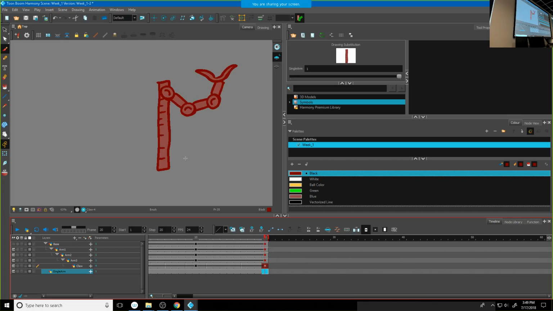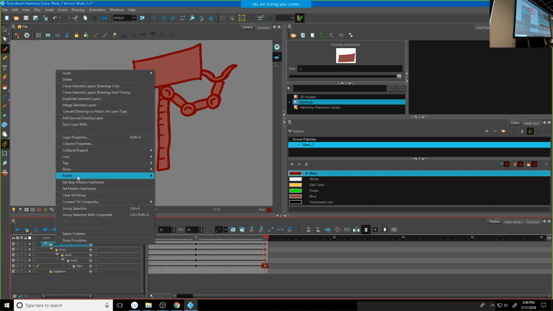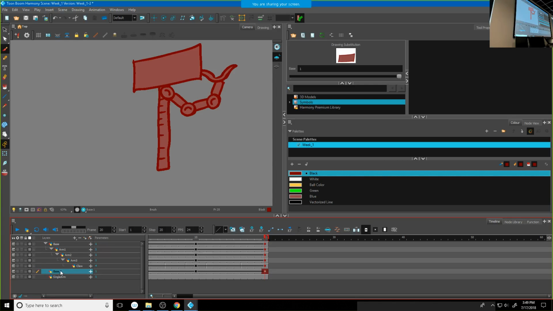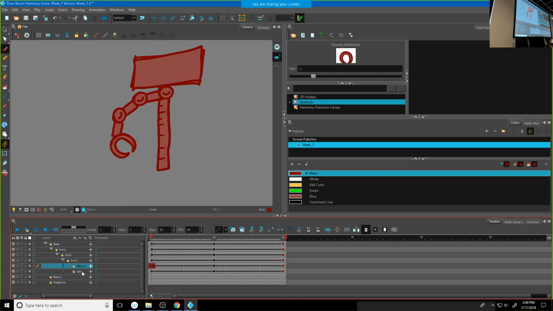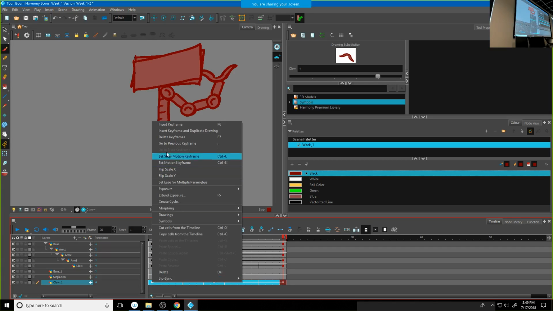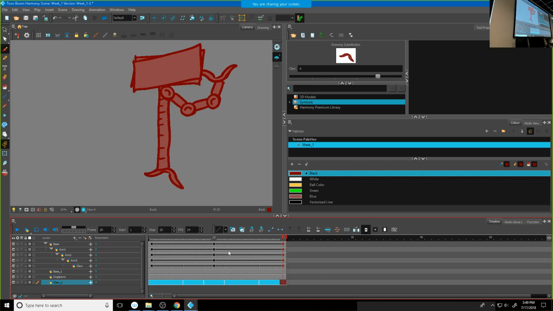There we go. So with this single arm, I'm going to turn on all this other stuff. What I'm going to do is I'm actually just going to duplicate this whole thing. Duplicate selected layers. So I got base. It's a new base layer. I'll go ahead and delete my keyframes out of that because I don't really need that anymore. And I still need this claw, so I'll go ahead and duplicate it as well and put it down here and get rid of all those keyframes. Delete keyframes. Just to make this simpler so it doesn't get confusing, I'm actually going to delete all of these